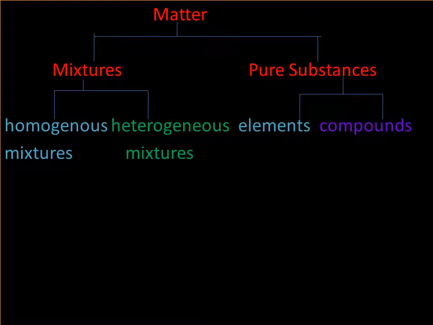Pure substances can be further classified into elements and compounds. An element consists of only one type of particles. These particles may be atoms or molecules. In some cases atoms are the constituent particles, whereas in some other cases two or more atoms combine to give molecules. When two or more atoms of different elements combine, the molecule of a compound is obtained. For example, compounds are water and carbon dioxide.